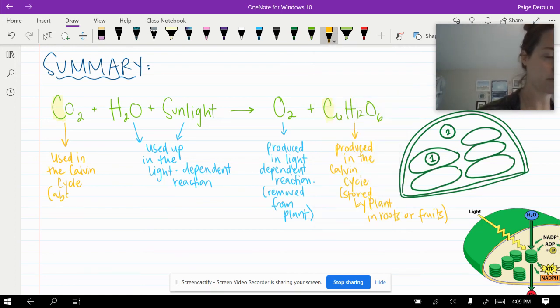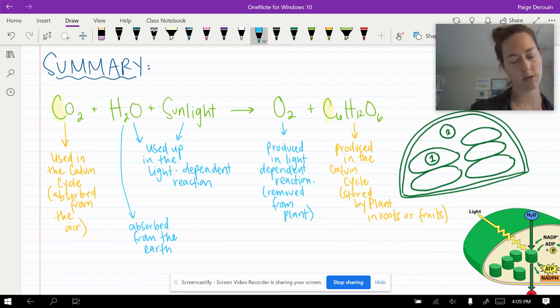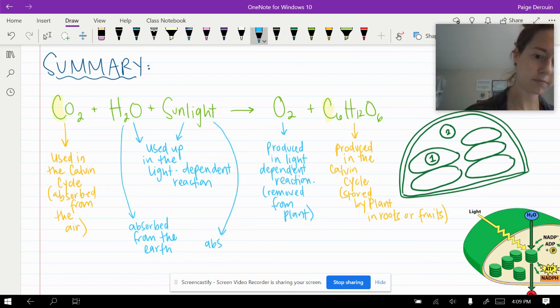We'll say absorbed from the air. The water is absorbed from the earth or the soil or the surroundings if it's a water plant. And the sunlight is absorbed by chlorophyll